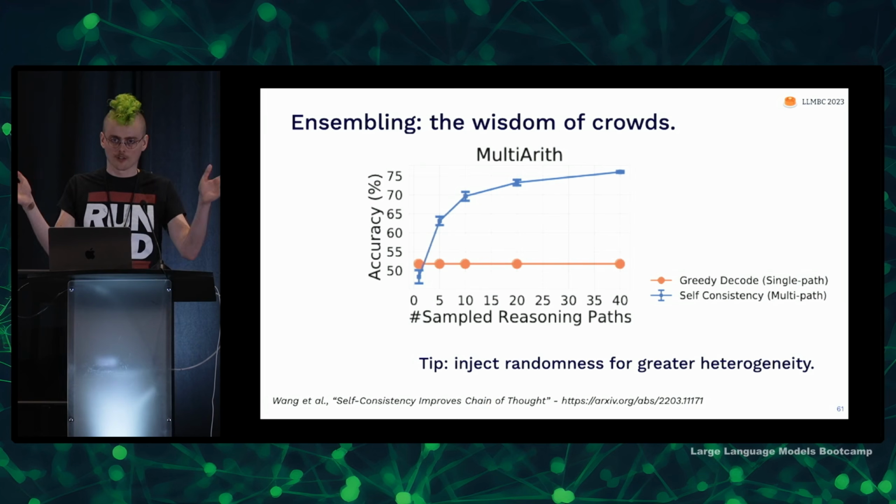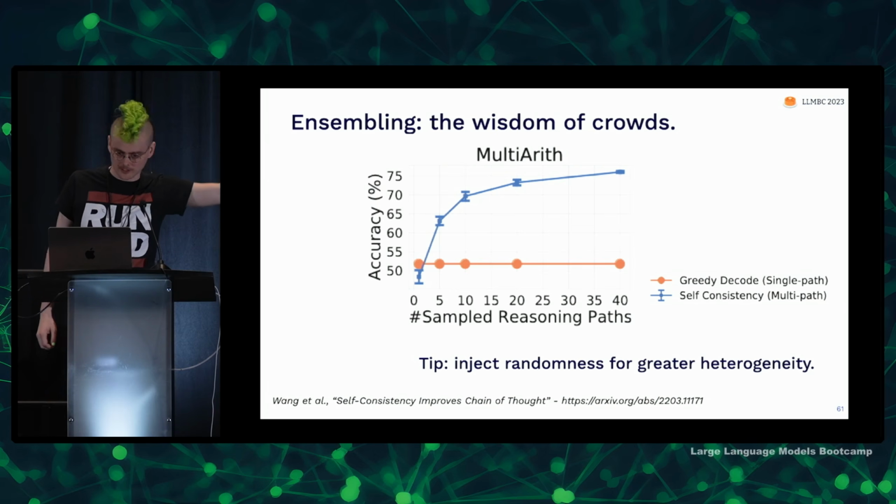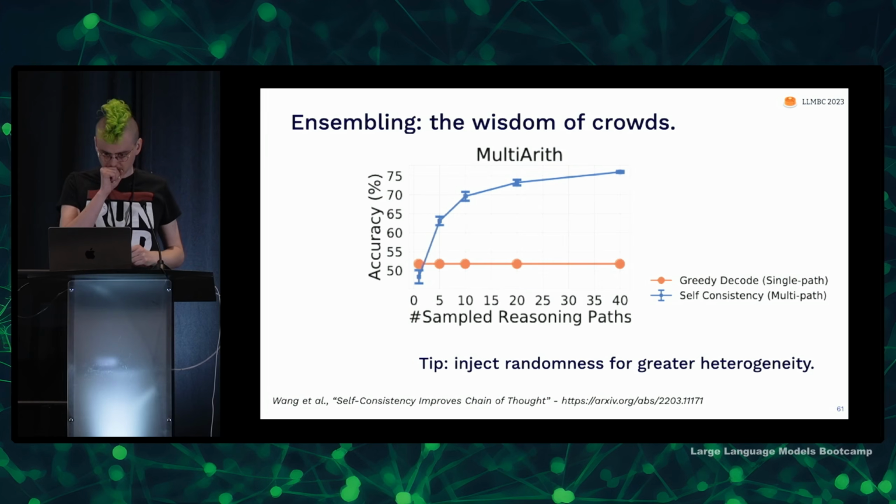So you take the outputs, like 50 different responses to the same question, and then you do majority voting. As you increase the number of generations, the number of members of the ensemble, you find that the quality increases. So that's this blue line going up and to the right.